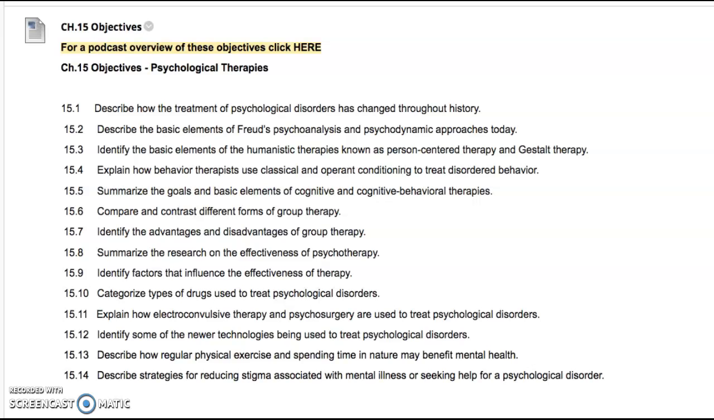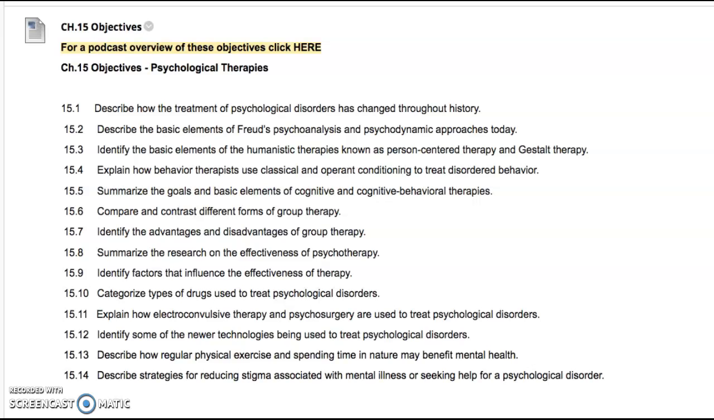And then identify some of the newer technologies being used to treat psychological disorders. What kinds of things are being done today? Lots in the neuropsych field that are promising. And then we're going to just end with describing how regular physical exercise and spending time in nature, as well as sleep, can really benefit one's mental health,